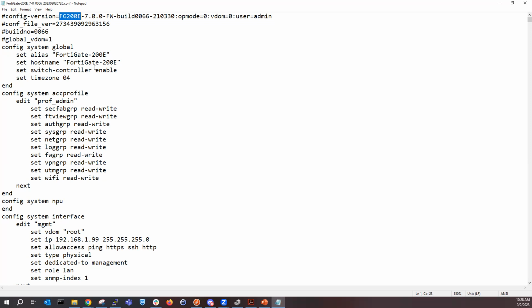Now, 200E to a 200E, unencrypted, no matter if it's different code versions or not that's installed on there, you can upload it. Meaning if you're pulling from 7.0 and you're going to upload it to a 200E that's running 6.4.8, you can upload it unencrypted. But